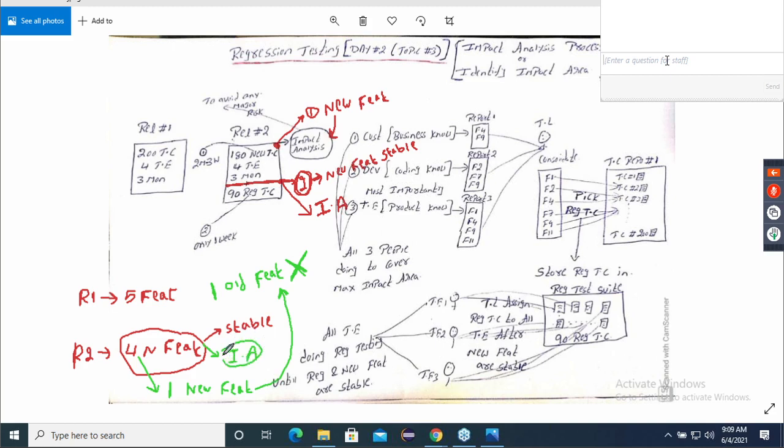Now tell me, in this situation, what is the next step? Either the new feature should be there or the old feature should be there. But all the new features are already developed and tested or not? Yes, sir. That is what we have discussed. Now tell me, what will you do right now? This is the situation. We came to know next Sunday is a release. This is a problem.